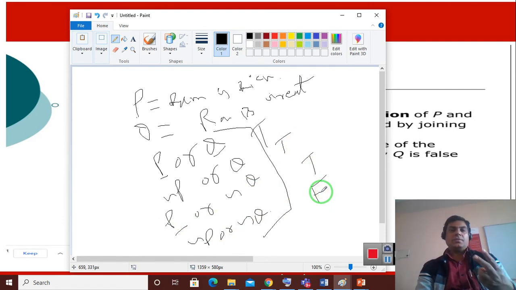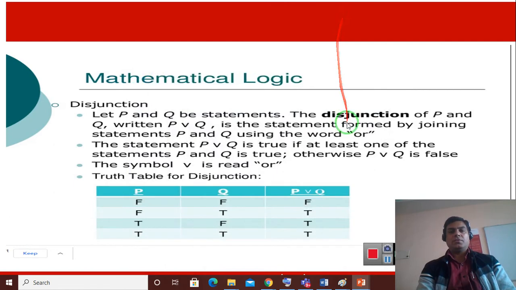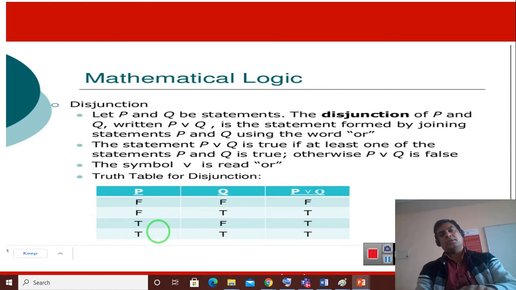In conjunction we have 3 false and 1 true, but in disjunction we have 3 true and 1 false. So the truth table for that: both false, then false. Otherwise, if at least one proposition is true, then the result will be true.